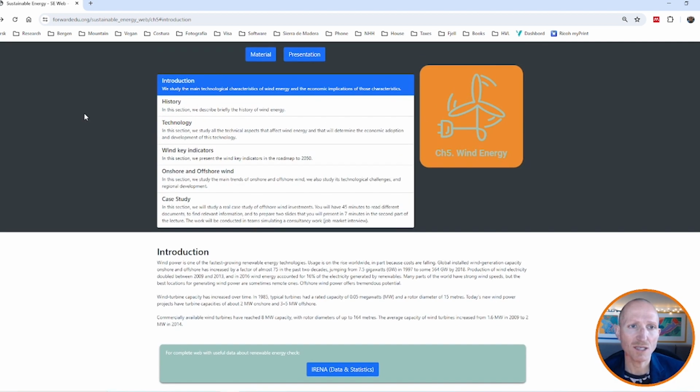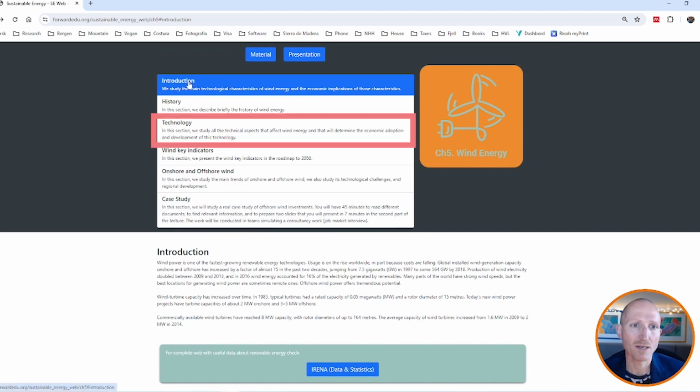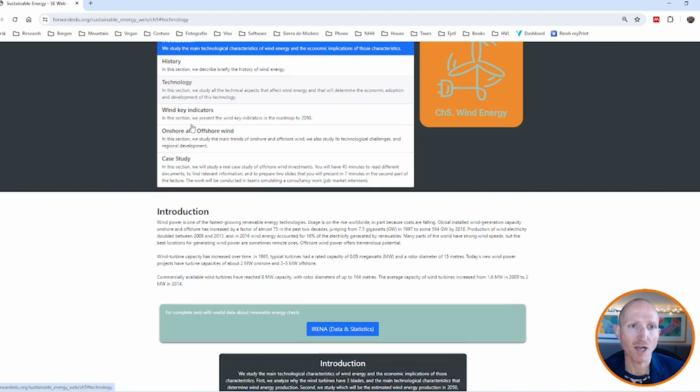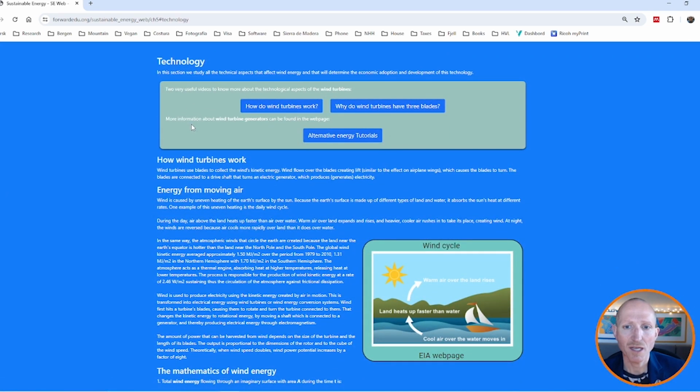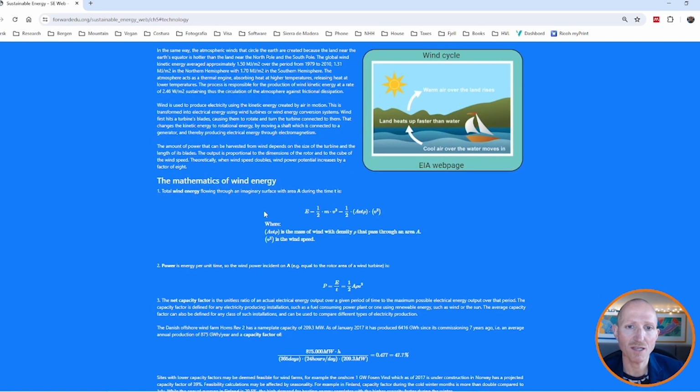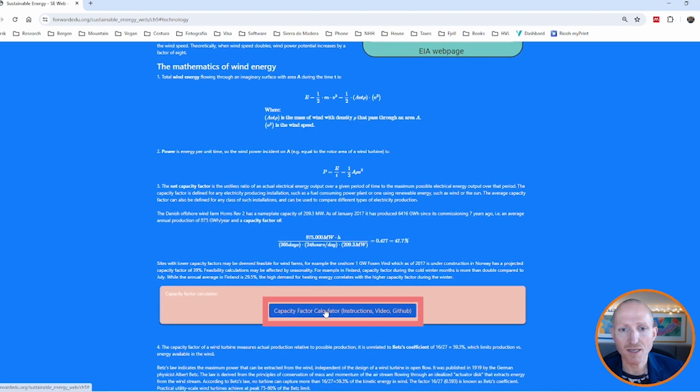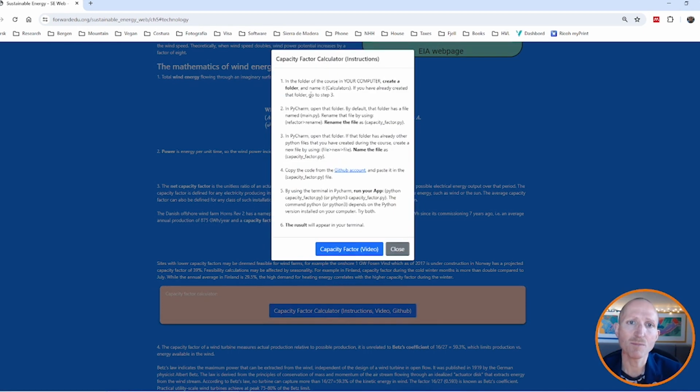The second thing is, in this chapter basically I cover 3 different sections. If I go to the technology section, here the students study the main technical characteristics of wind energy. In particular, for example, here we study the capacity factor of a wind farm. And if I click this button, I explain the steps to work out the capacity factor